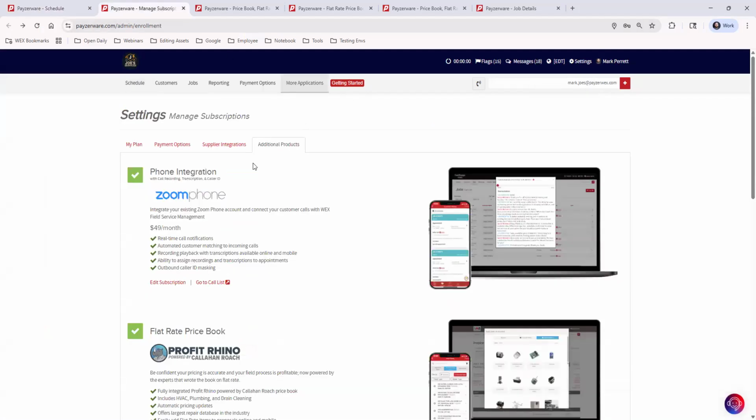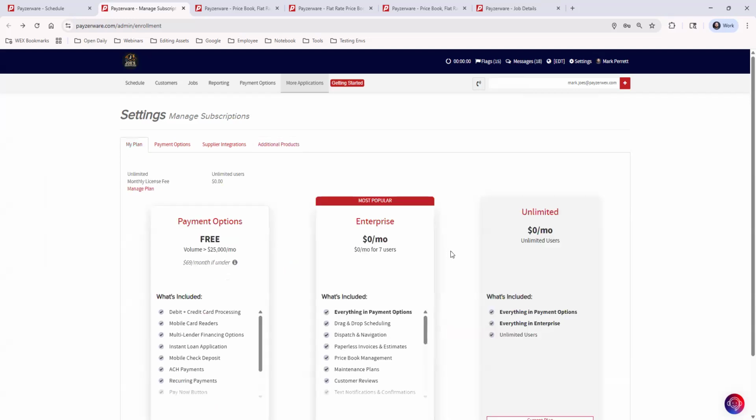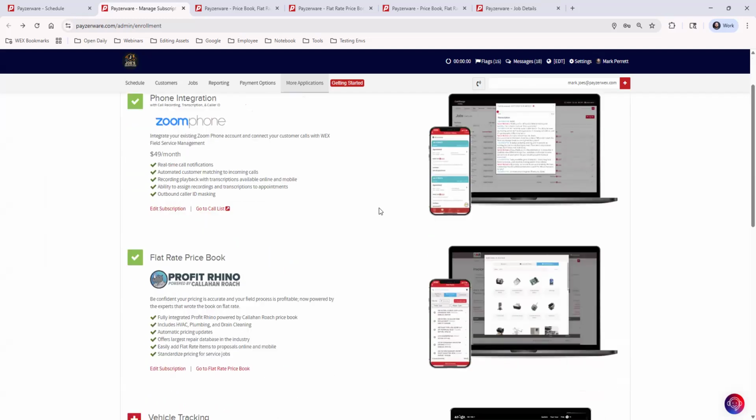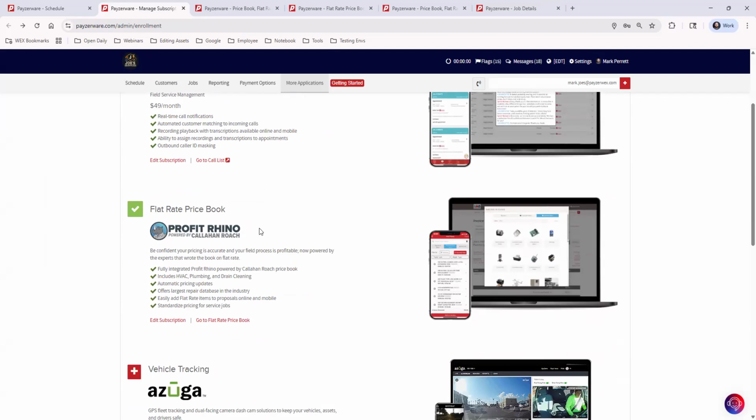When you're on the subscriptions page, it will start you on My Plan. You'll want to go to the last tab, Additional Products, and scroll down until you see Flat Rate Price Book by Profit Rhino. Now, what is Profit Rhino? It is a price book with multiple industries that gives you flat rate pricing. So if you use flat rate pricing and you want to be able to just instantly have a large catalog and database of items that you can choose, put onto your proposals and invoices, it can save you a lot